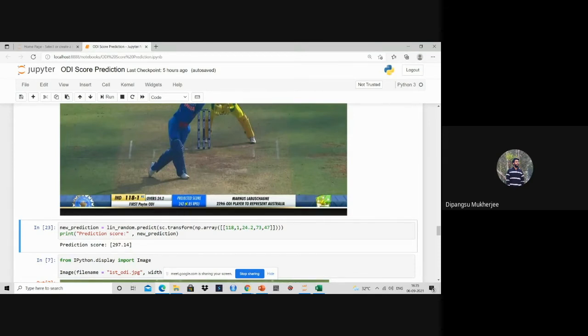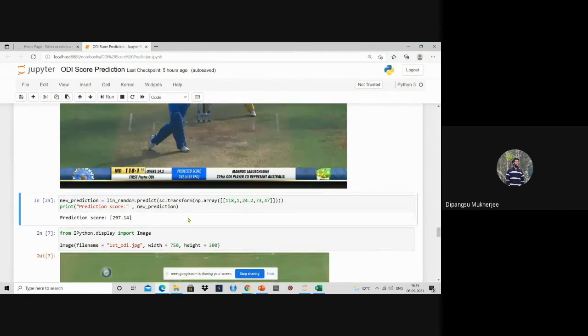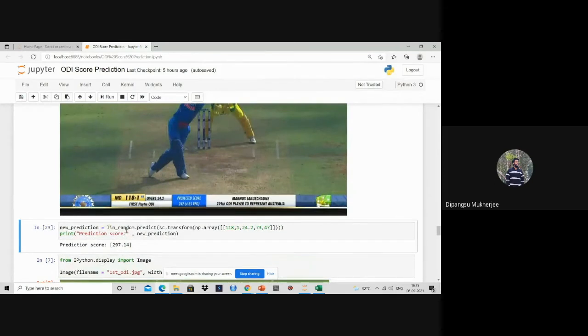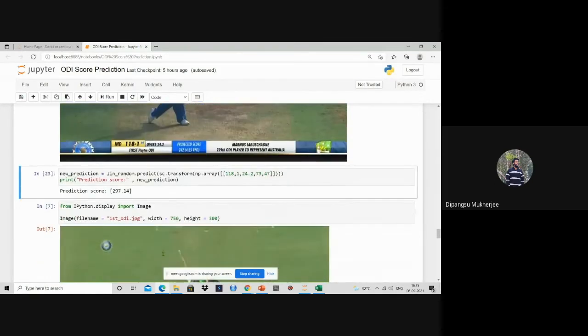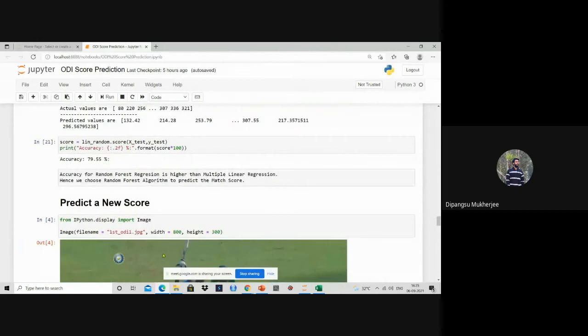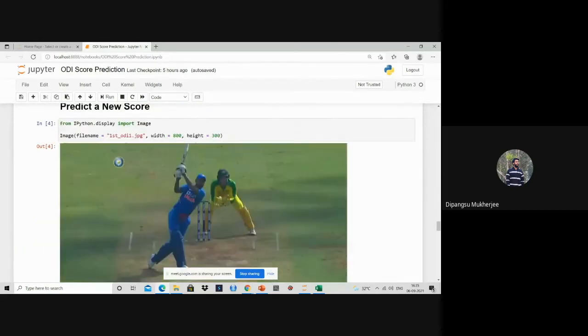And they have predicted that 252 will be the score after 50 overs. We have predicted this by our lean random object, that means our random forest object.